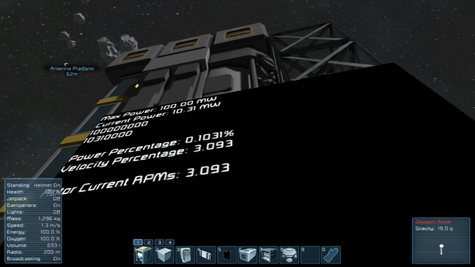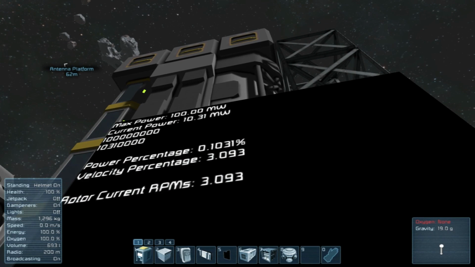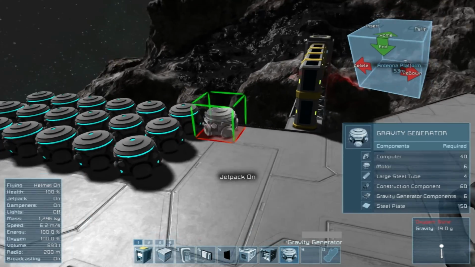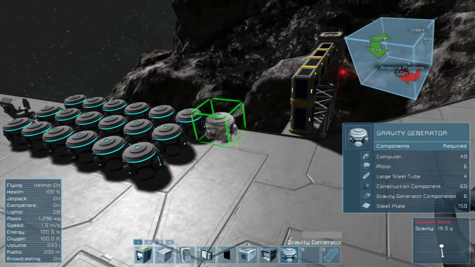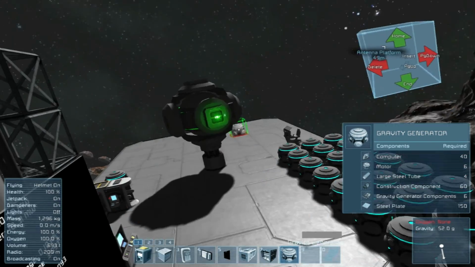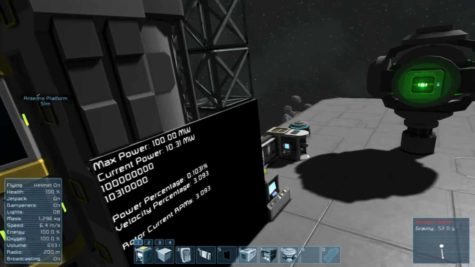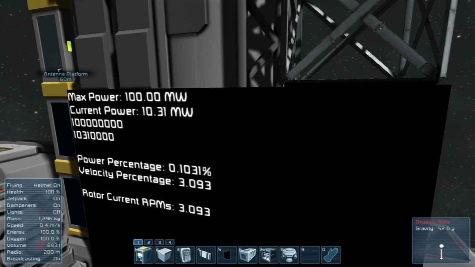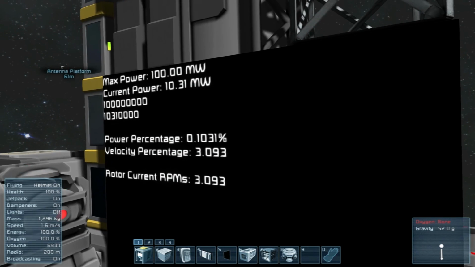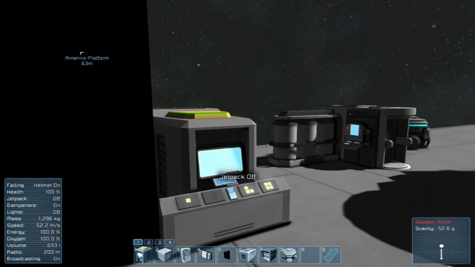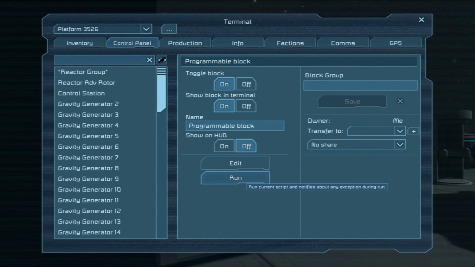What is it at, 1 million? 1, 2, 3, 1, 2, 3. Oh, no, that's 10 million. Alright, so let's add some more, because reasons. Oh, there we go. The current power is 10, so it should be at 10%. So this meter here... Wait a minute. I might not have done this right.